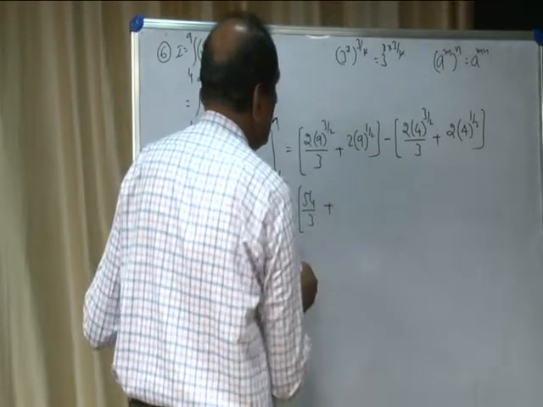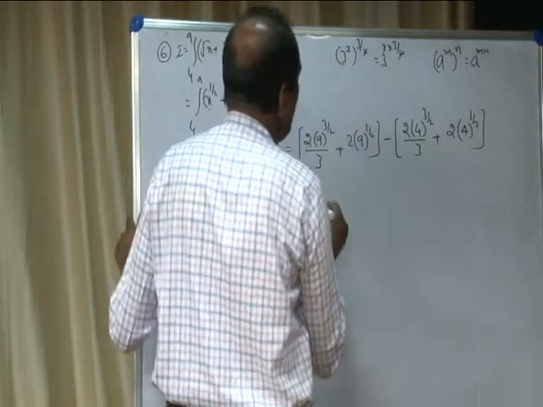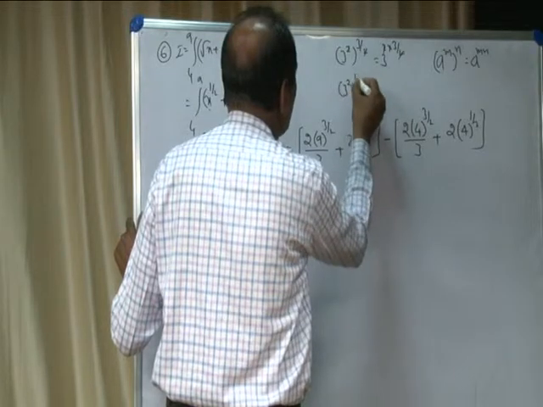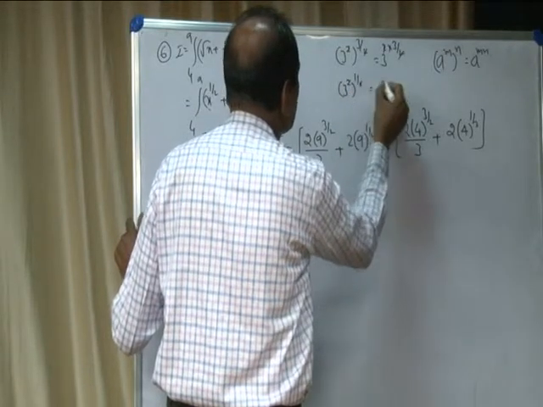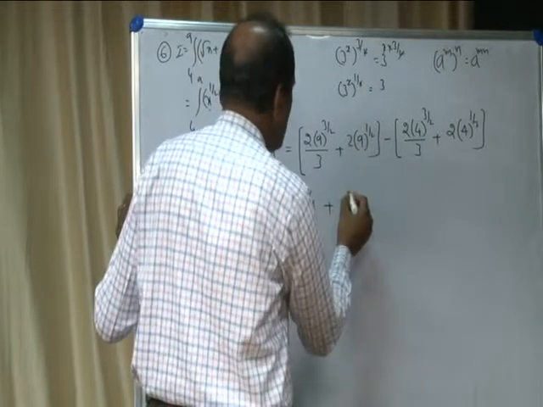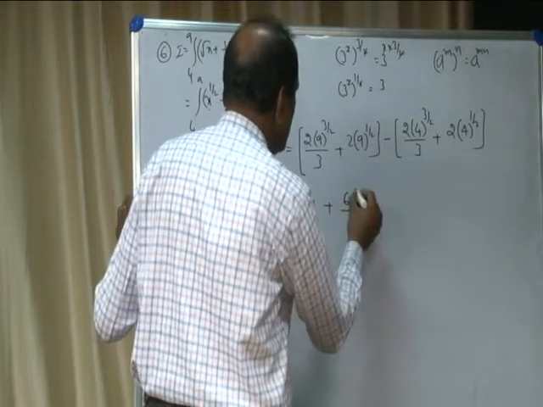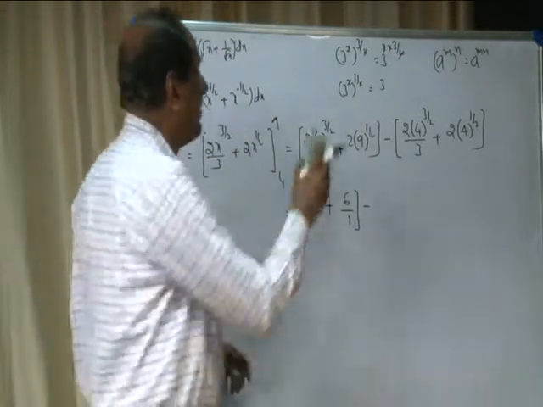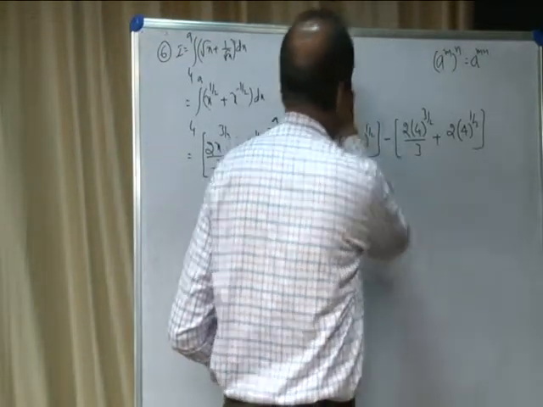So, plus again 9 power half. 9 power half means (3 square) whole power half, the 2 cancels, 3 power 1 is 3, 2 into 3 is 6, its denominator is 1, close the bracket, minus. How to simplify the second bracket? See here,